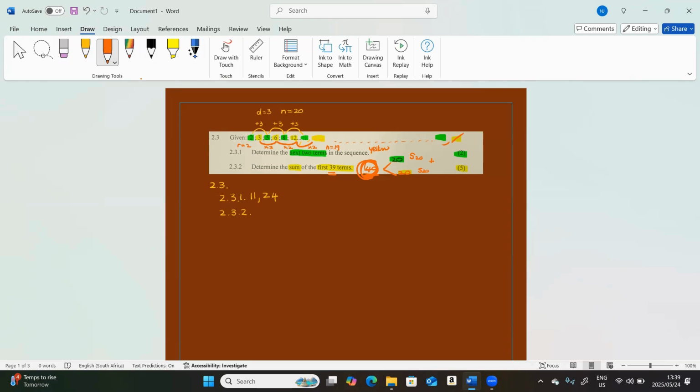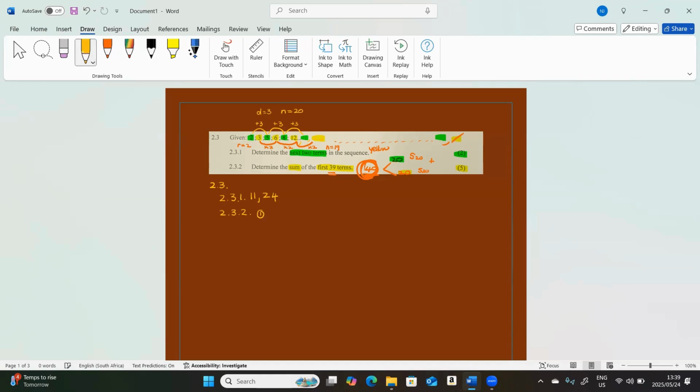Okay, and as you can see, 20 terms plus 19 terms will get me to the sum of the first 39 terms. And now we can start with our calculations. And now it's nice and easy, okay? Because you just go to your formula sheet. The first thing that we are going to do is